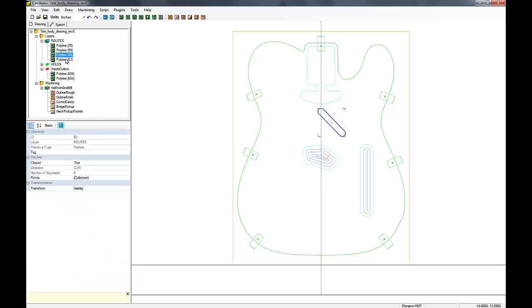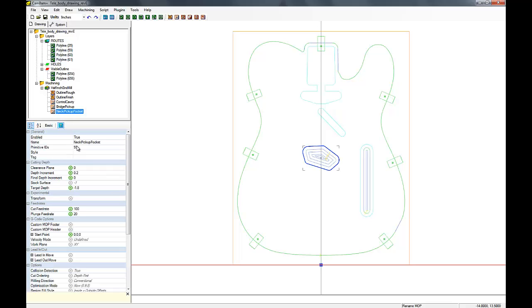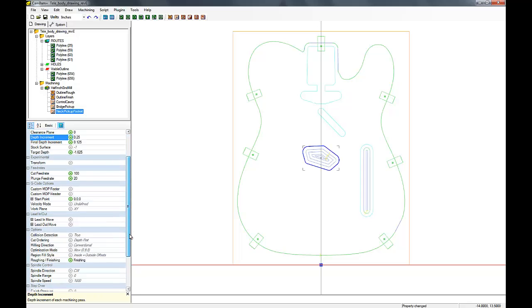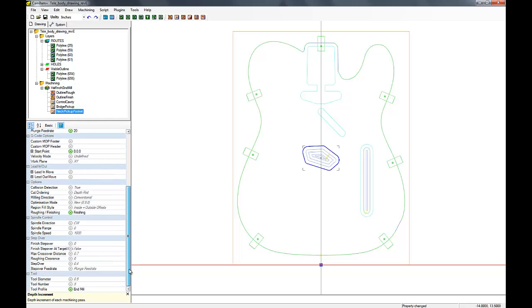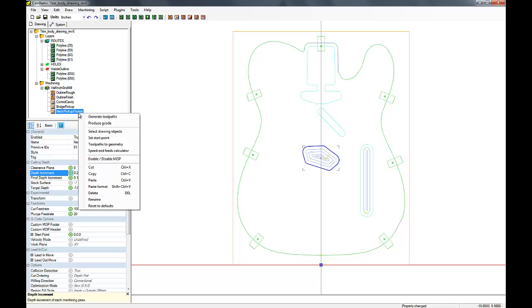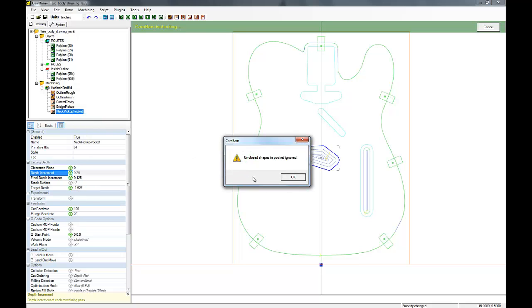Okay, so let's see, that's the wire channel, and there's the neck pickup and cavity. Changes to the primitive ID. So the target depth on these, standard for a Tele, is 0.625 inches, or 5/8. And we've got that. We produce, oh,